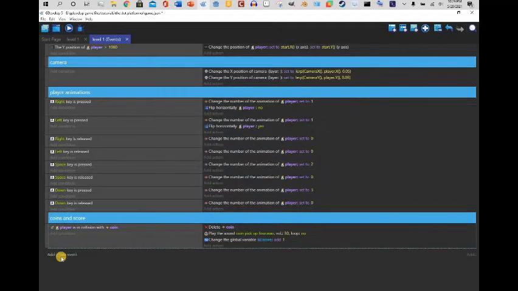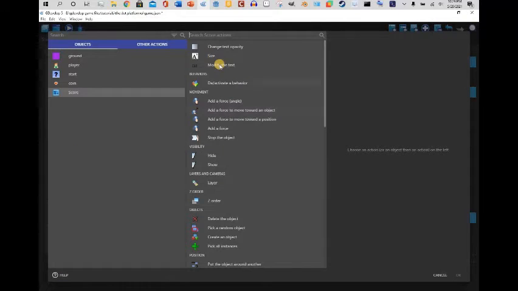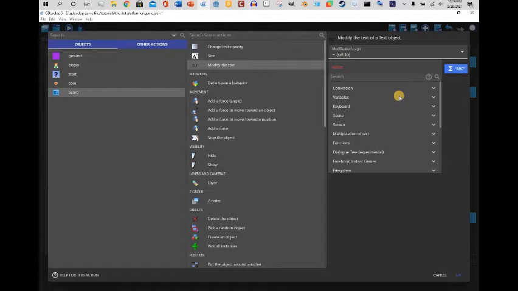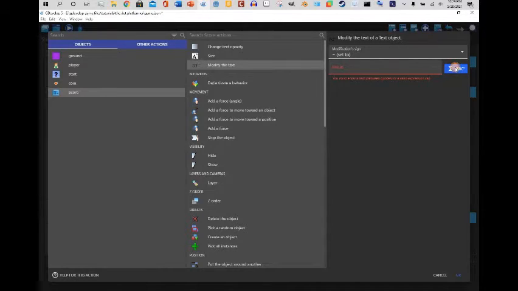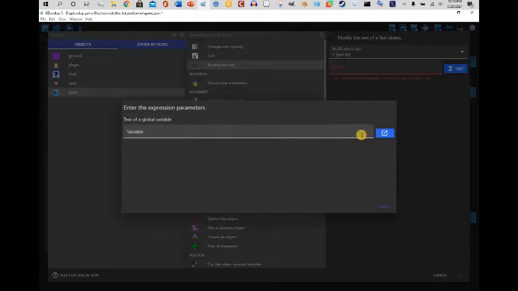So let's add a new event. We don't need to add a condition. We're going to add an action. We're going to select our score text and select modify text. Select equals. And in this, we are going to find our variable. So click this button. Go to variables and then text of a global variable and select your score variable and